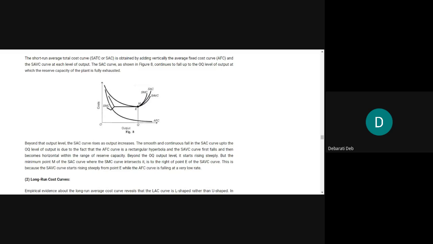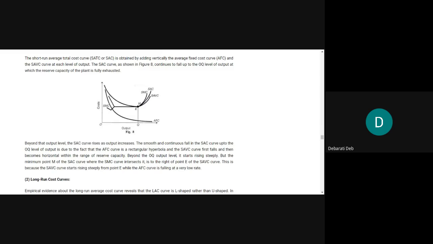Beyond the OQ output level, it starts rising steeply. But the minimum point M of the short-run average cost curve, where the short-run marginal cost curve intersects it, is to the right of point E. What is it? Beyond the OQ output level, it starts rising steeply. But the minimum point M,